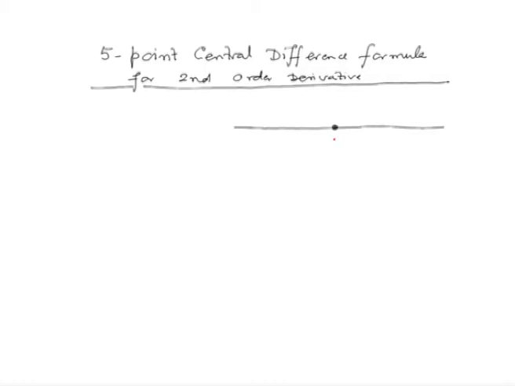So our first point would be our central point, that is the ith grid point. We will take 2 points on each side, that is grid points i+1 and i+2 on the right hand side of point i, and i-1 and i-2 to the left. So our difference scheme or difference formula we can express as